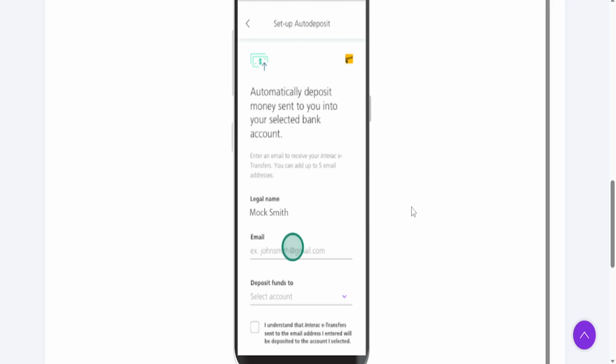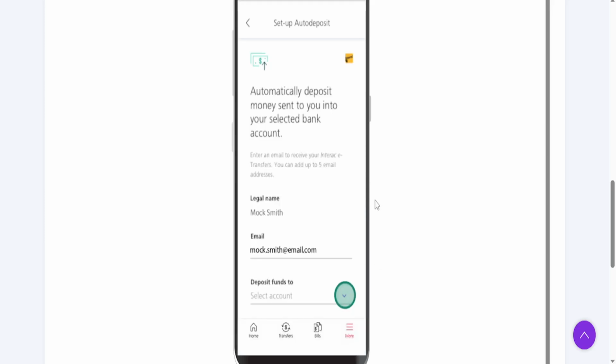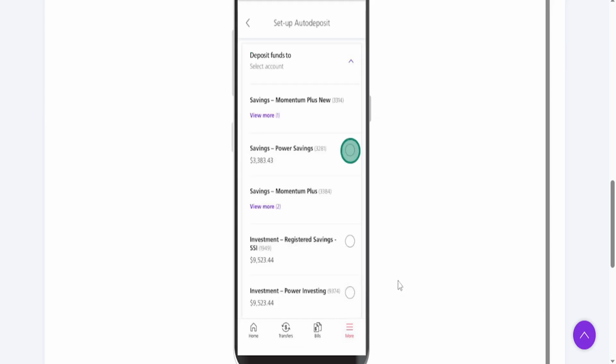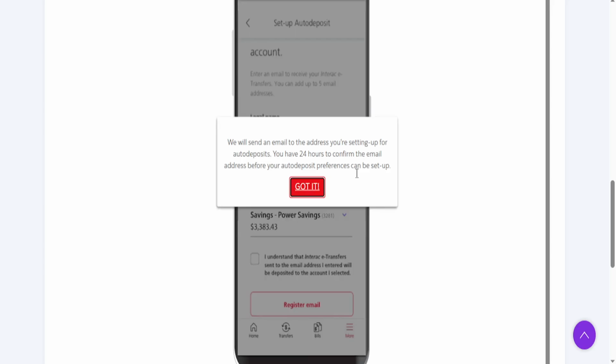And from here I want you to enter your email, okay? Enter that and then choose what account you want to deposit funds to. Okay, basically automatically deposit the money that is sent to you to whichever account. So you select that account. So let's say, for example, from here we select our savings account,